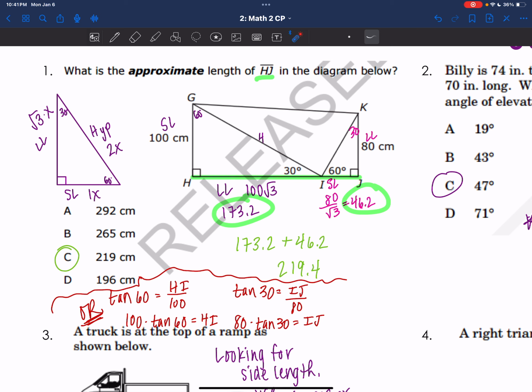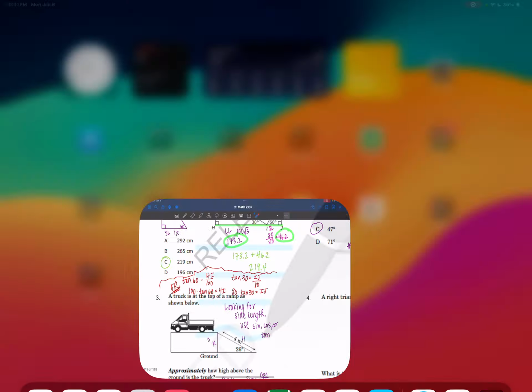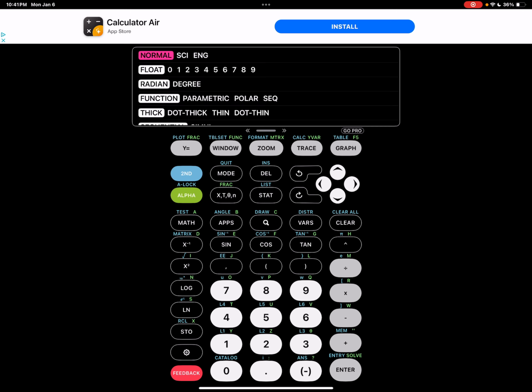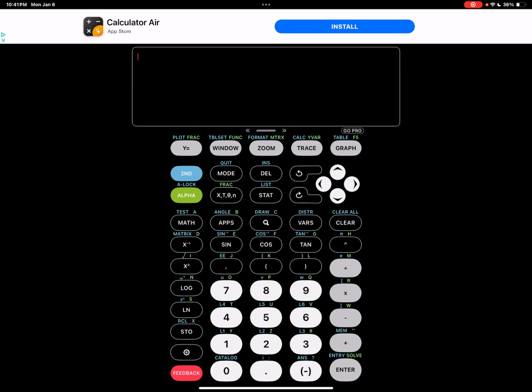To find this one, you'll do the tangent of 30. Remember, again, that's opposite over adjacent is tangent. You're going to multiply both sides by 80, and then put that in your calculator. I'll show you real quick. First, make sure you click mode. Make sure it says degree. Press enter, and once it's highlighted like that, you can back out of it, and then you can go ahead and do your 80